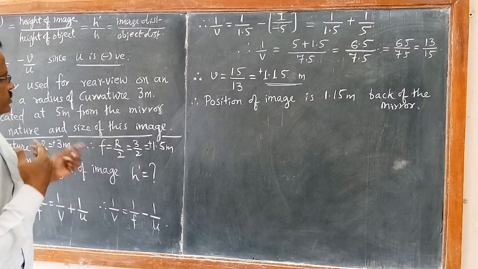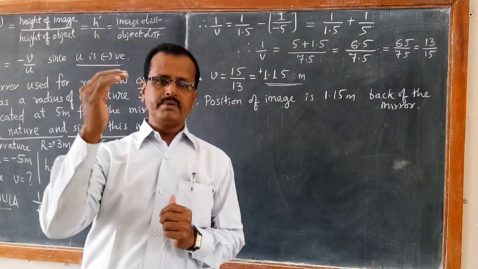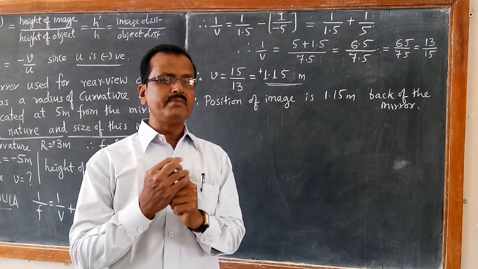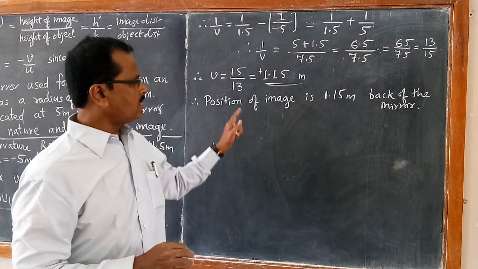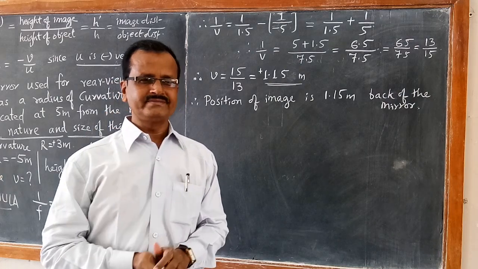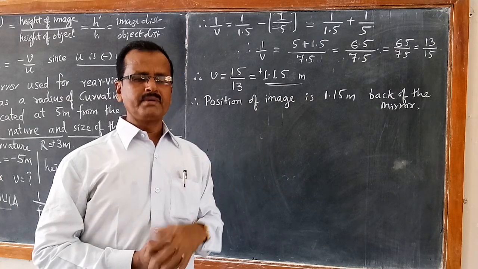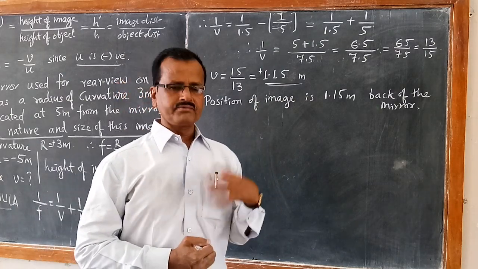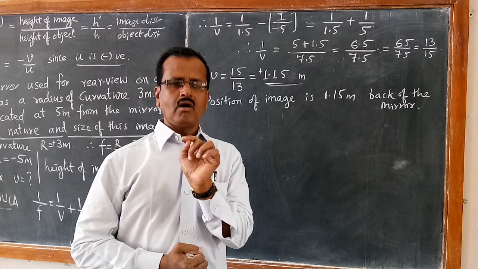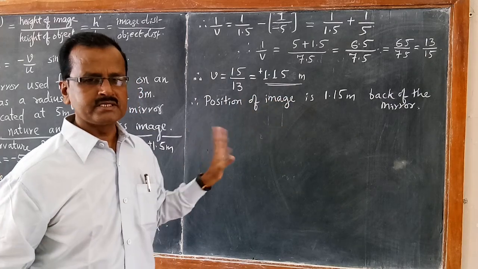So you see the actual object distance is 5 meter. The bus is behind the mirror at a distance of 5 meter, but its image is seen just at 1.15 meter. It means the objects seen in the mirror are closer than what they appear. You must have seen on the convex surface of a bike mirror or a vehicle mirror, if you go and see, it is printed there: the objects seen in the mirror are closer than what they appear. This is the reason. That is evident from this simple problem.